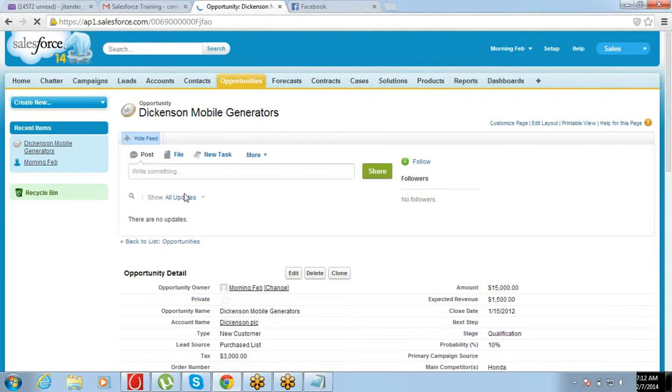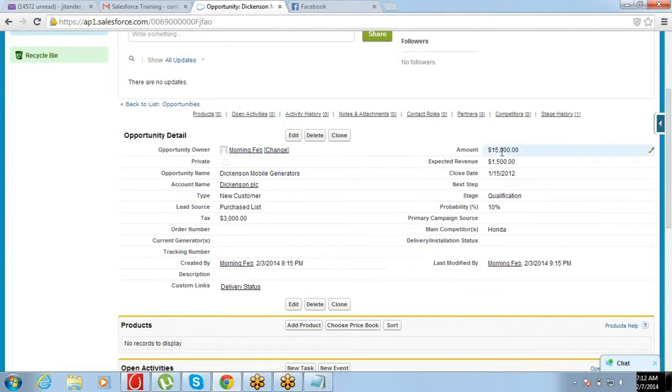See, because it's greater than 10,000, 20% of tax has been calculated. So this is again a small calculation, but if you know how to work with formulas, you can really do complex calculations. Now, the other thing that I wanted to tell you is that the calculation does not necessarily have to be for numbers. So you can use all your logics and everything there to automate some stuff.